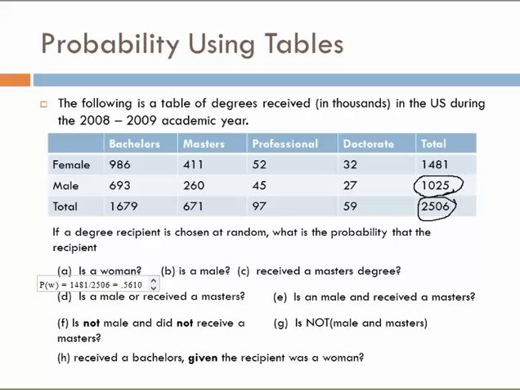As we calculate the probability of that, we're just going to divide those two numbers. So the probability in this case is going to be 1025 out of the 2506, which gives us 0.4090